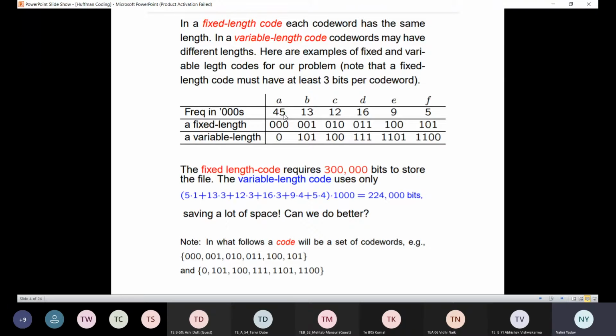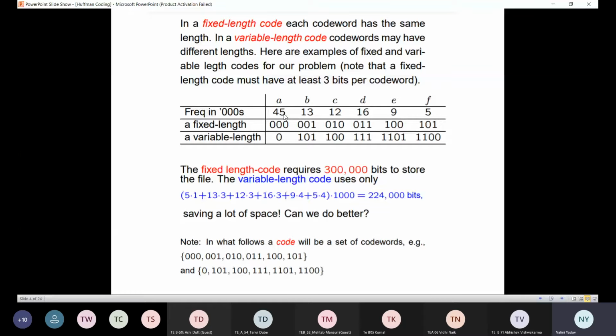In a fixed length encoding, we encode each character with a fixed number of bits. So all the characters are encoded in three bits. A is encoded as 000, B is represented as 001, C as 010, D as 011, E as 100, and F as 101.